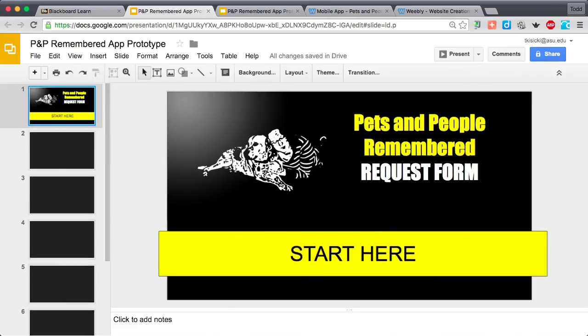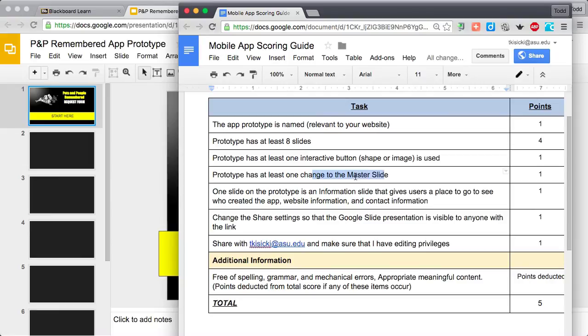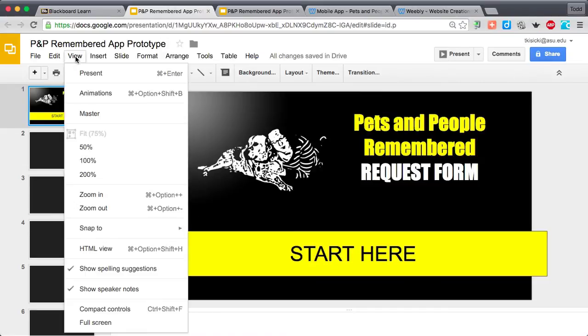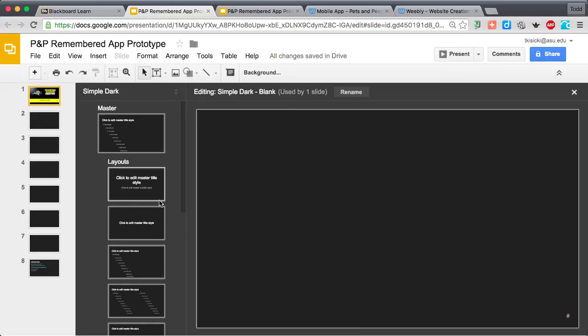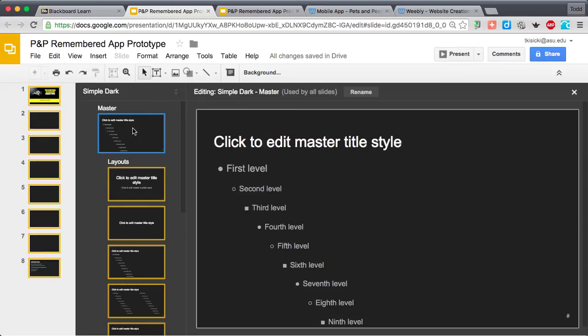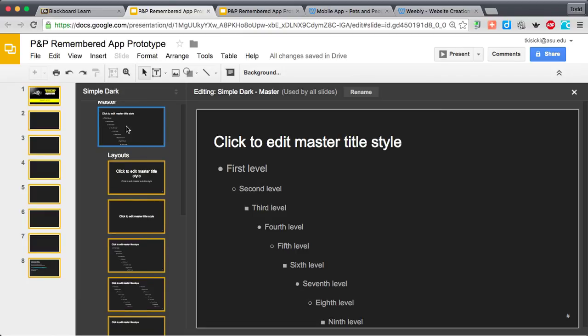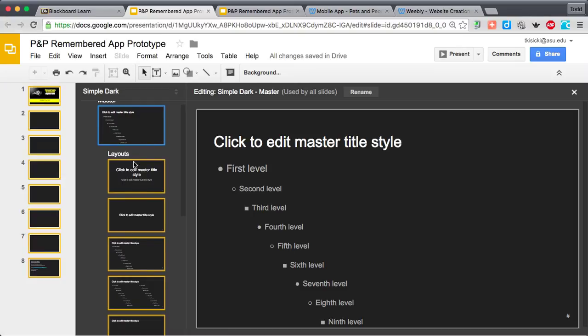Okay, now back to the master slide. What I want to do is I can go up to View and Master, and it changes the screen. It shows me all the different master slides that I have option to. What I want to do is just take the very top master slide, and that's where I'm going to make my change. Okay, so when I click on it, you notice that all of these select, because that means it's going to put it on all these pages as well, which will then in turn put them on all of my slides. So what I want to do is I'm going to insert an image,